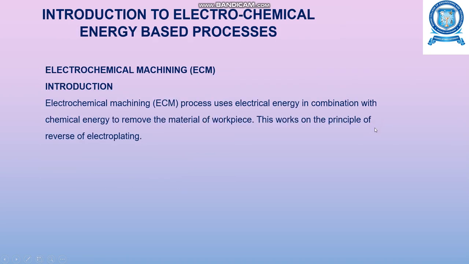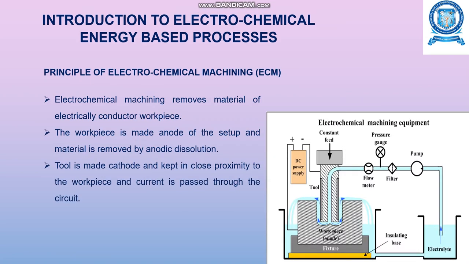So, electrochemical machining. The electrochemical machining process normally uses electrical energy in combination with chemical energy in order to remove the material from the workpiece. This works on the principle of reverse of electroplating. And coming to the principle of electrochemical machining,